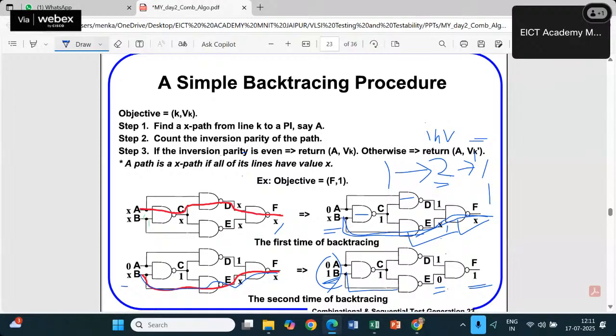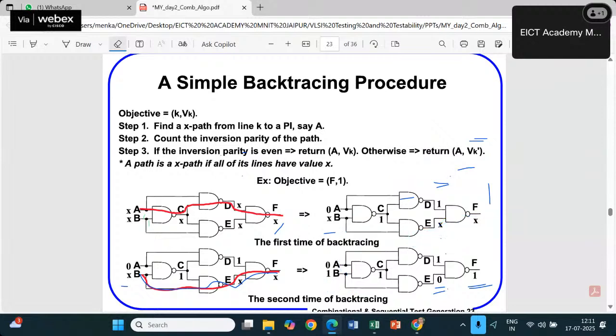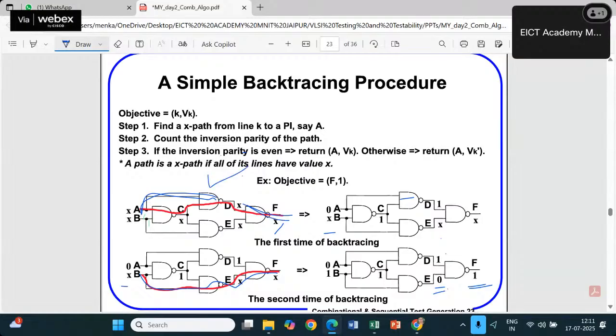If I would have taken, let's say, instead of taking the A and B path in this way, I have just taken A is equal to, A has been decided by this path. So in that case, you can see the inversion is going to happen over here and it is going to happen over here, right? So in this particular case, this X is set to 0. Sorry, this X is set to 1. In this particular case, there are 2 inversions. So 2 inversions means same value. So the X is set to